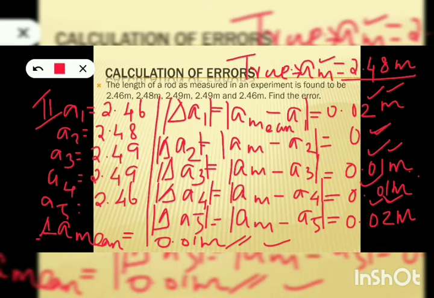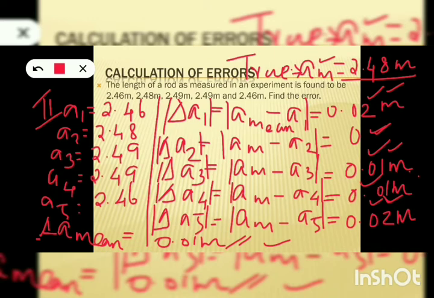So you got the true value and you also got the error, that means the mean error in all the measured values. So how will you write the actual quantity? If you go forward, how should you write down a quantity with the error? When you tell someone that the length of the road is 2.48 meter, he won't believe that because he got multiple values as the length of that object.